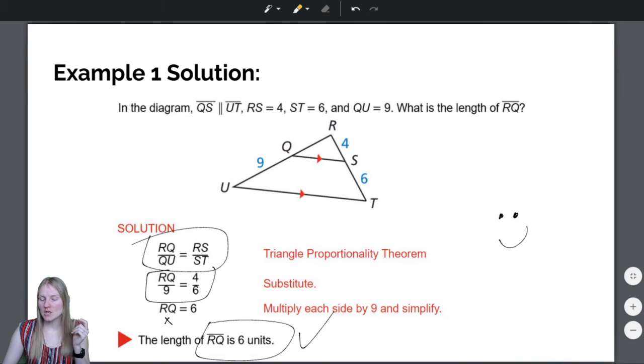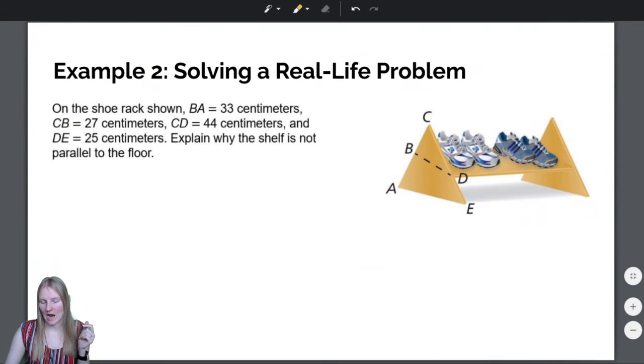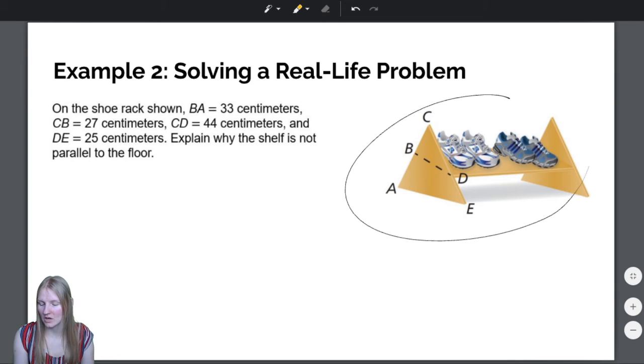Alright, another example to help you wrap your brain around the converse. First example was about the triangle proportionality theorem. This theorem will use its converse. Because, notice we are given, on the shoe rack shown,